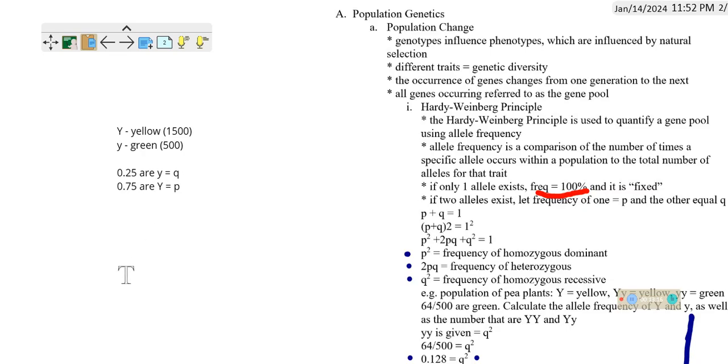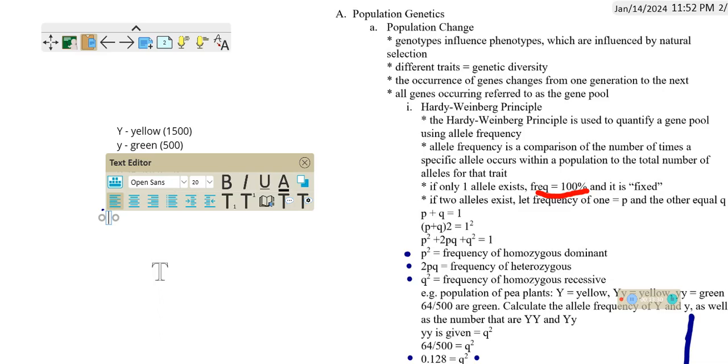Let's just pretend we know this. In this population, assuming it is a Hardy-Weinberg population, we know that P